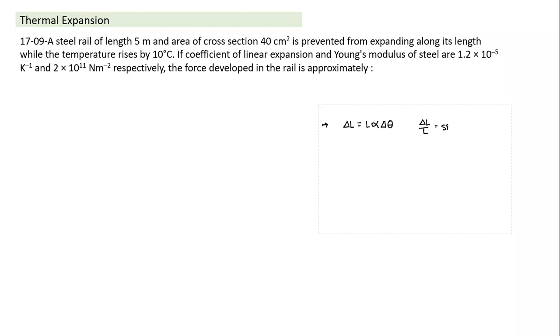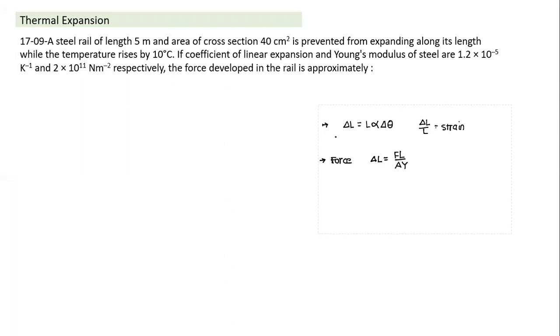So this is one part. This is the effect of temperature. Similarly, we have delta A and delta V, with alpha, beta, gamma. Beta is twice alpha, and gamma is 3 alpha. Another way we can produce change in dimension is using force. So this is due to temperature and due to force. The force we have also done, that is part of Young's modulus. If force is applied along the length, change in L is equal to F into L divided by AY, with A being the cross section.